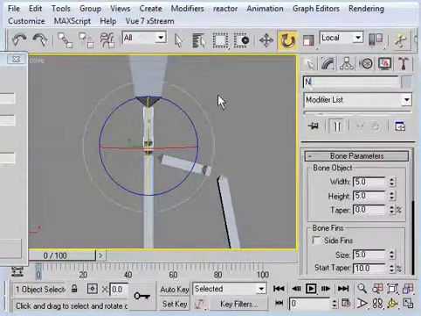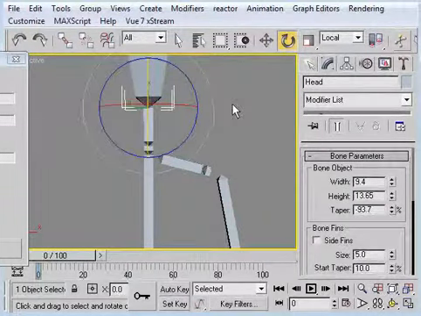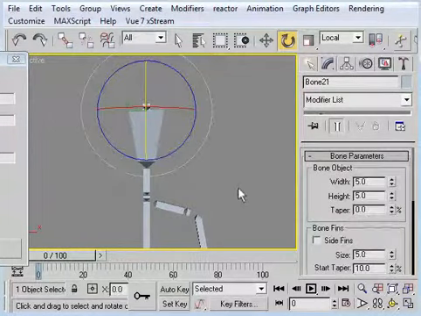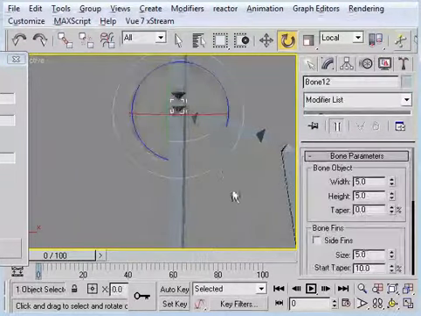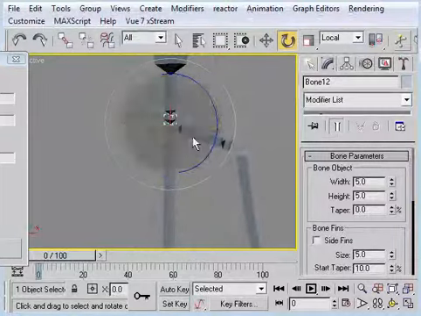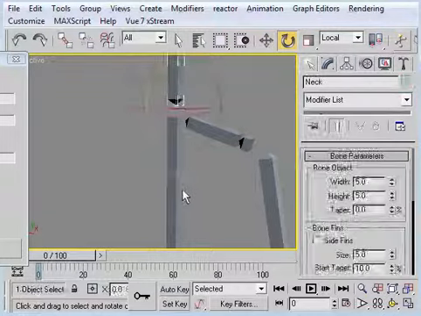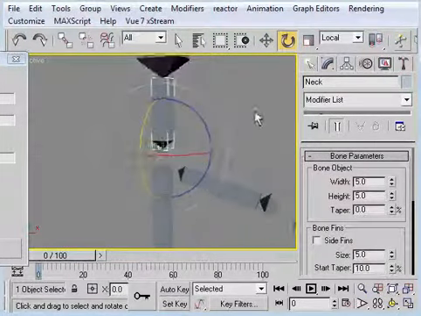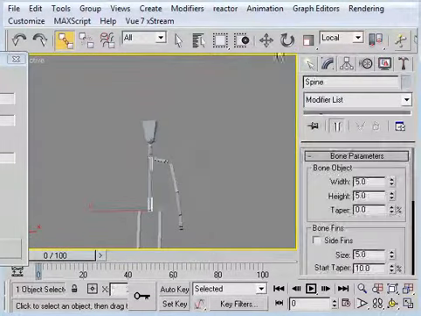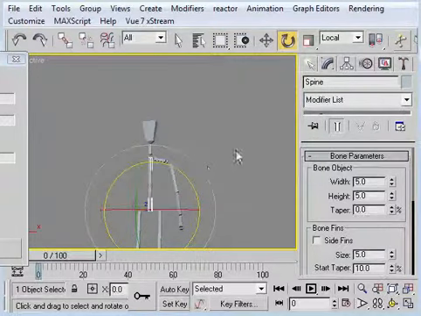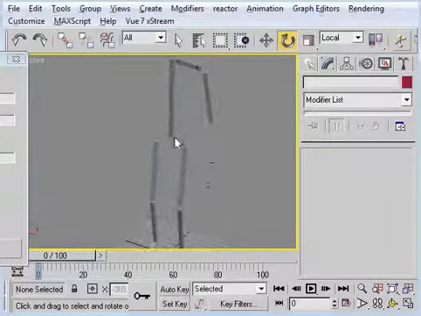Okay, this is going to be our neck and head. Okay, this little doohickey at the top, I'm going to hit delete and get rid of that. This bone right here can honestly go as well, and I would just go ahead and link this guy right to the spine like so, so that if we were to rotate the spine, we see that the head goes with, which is good. Alright, so now I want to mirror